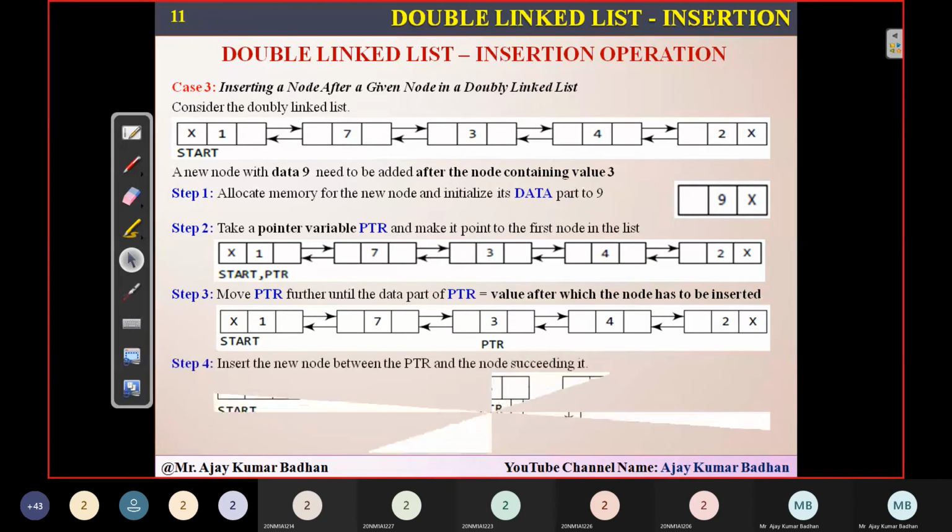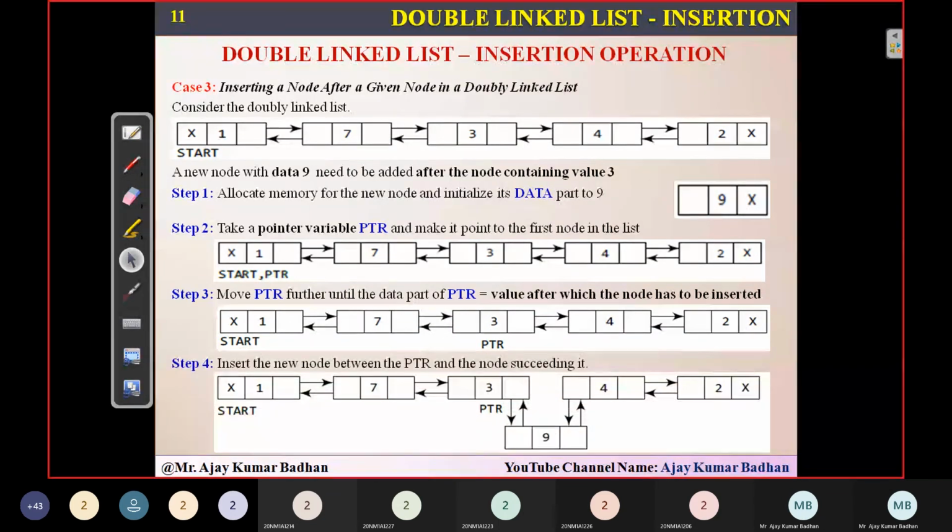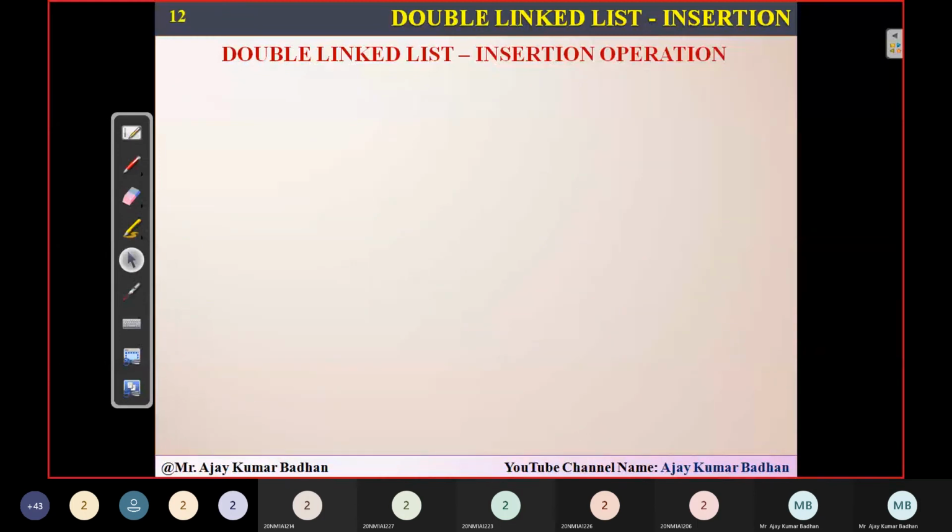Now what do I have to do? Simply I have to perform the operation. What is the operation here? Whatever address is present here, initially it consists of the address of this node. I have to override it with this particular new node. And this should be overwritten with this particular node, like this and this. This is what I have to do. Once I'm successfully able to do it, your task is completed.